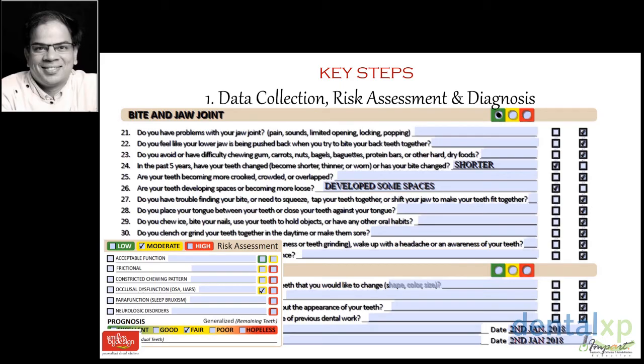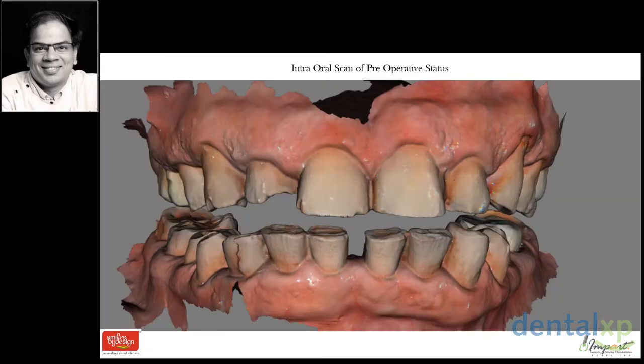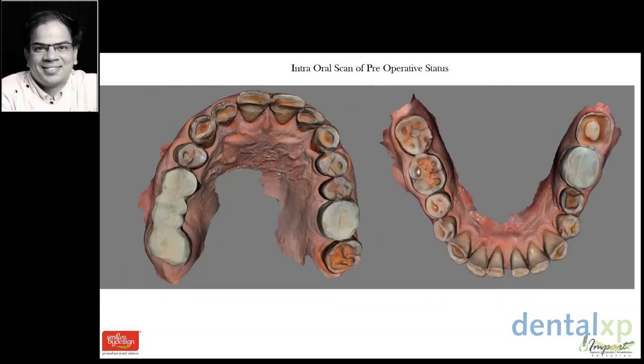So this case that we are seeing over here is a recent one, and our diagnosis is occlusal dysfunction. We first take a pre-op scan for this patient. So we have taken an intraoral scan of the pre-operative condition, and we are going to use these data to transfer to the lab to make a 3D printed model. On this 3D printed model, I have an option of doing a digital wax up and then printing out the model for me to make a putty index. But I chose to print the model as it is and then do an analog wax up, because the feel of the wax and the texture is something which I like more in the analog world right now as compared to what can be done with the digital tools.